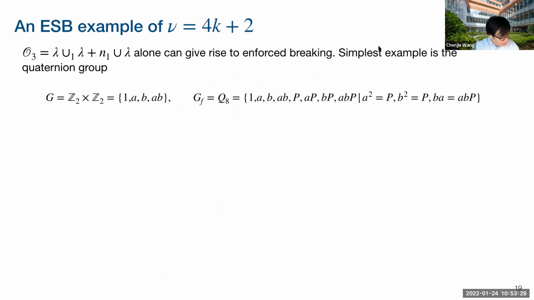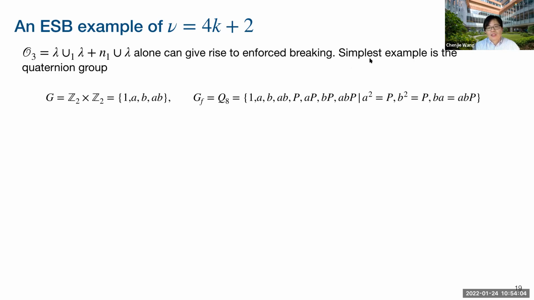Since maybe I have a few minutes, let me give you an example. So the simplest case is for the even nu. For odd nu, the criterion is simple. The example is the same as in 1D, that's Z for F. But for even nu, it's more complicated. We need to study this O3 obstruction. I was trying to find some physical argument that I can demonstrate, but unfortunately, I don't have a physical explanation of this example, only a mathematical one.